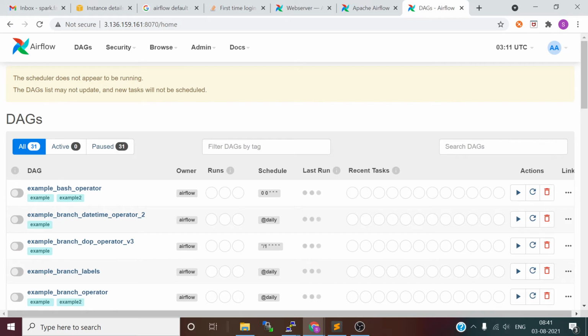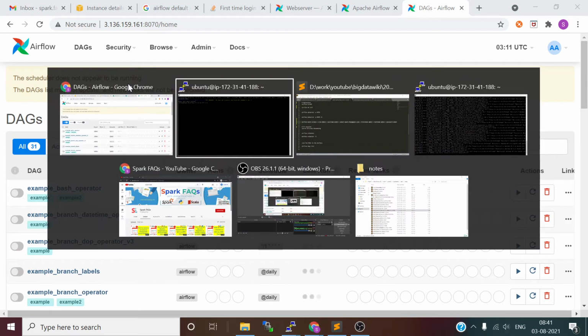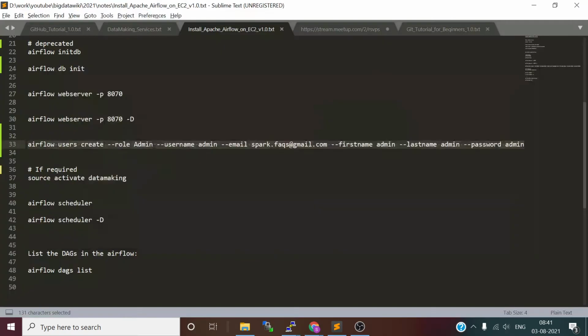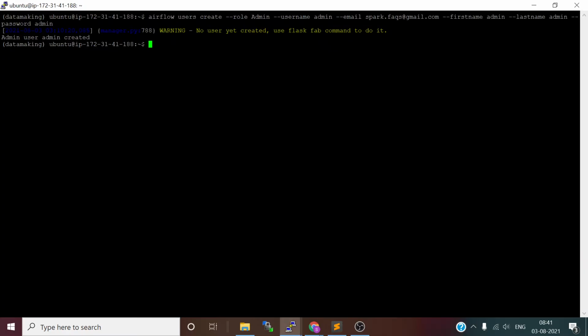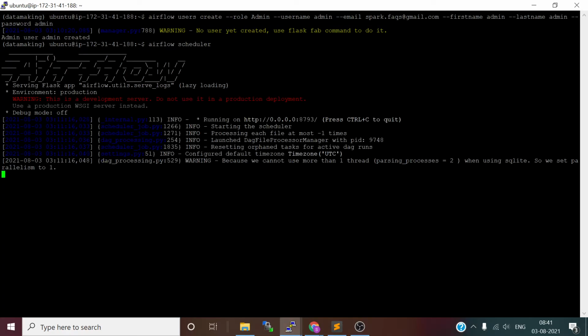It says the scheduler does not appear to be running. Yes, we have not yet run the scheduler. The scheduler also you can run in the background or foreground. So let's just run airflow scheduler. Debug mode is off.